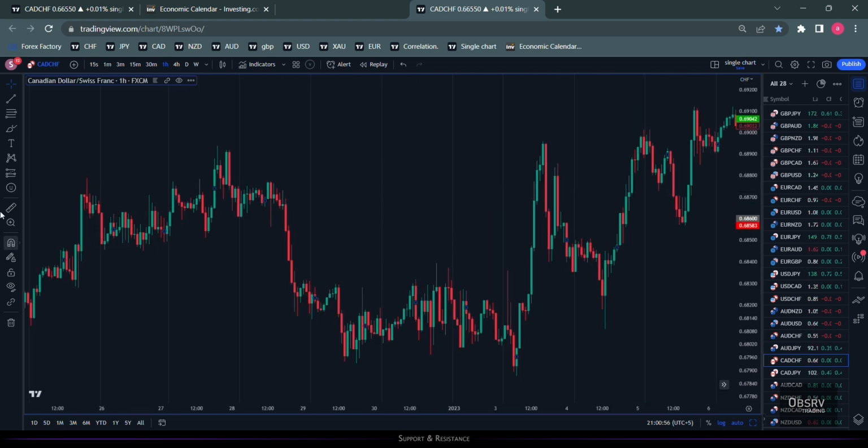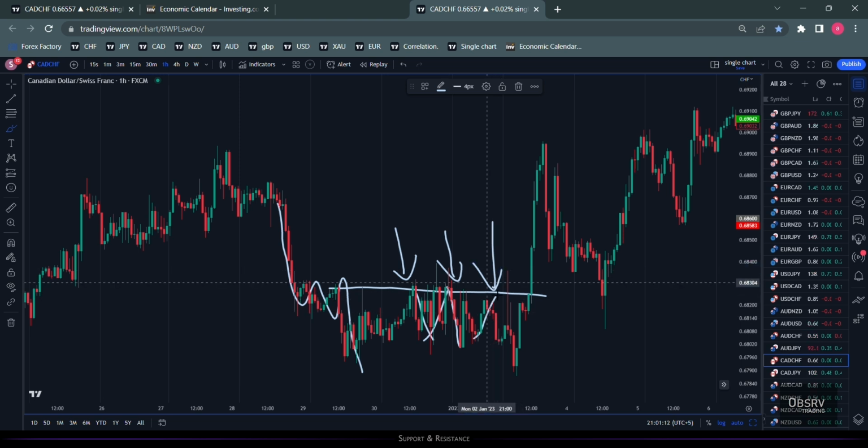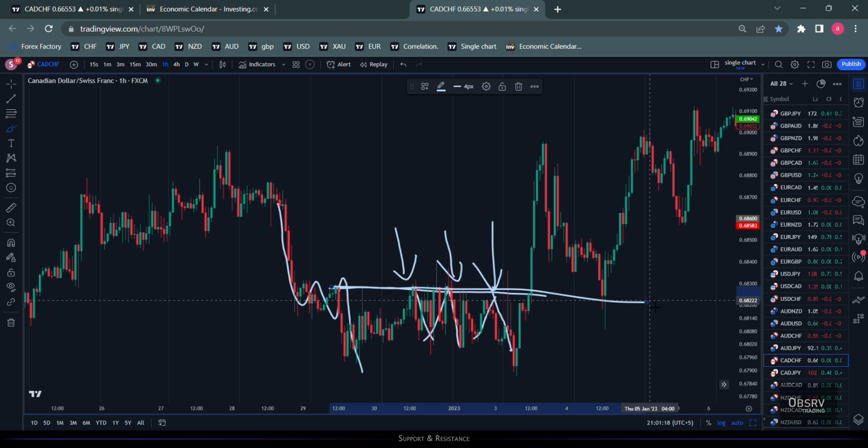All right. So now price is making lower highs and lower lows, breaks lower, comes back to this area, reacts, goes down again, comes back to this area, reacts, goes down again, comes back to this area, reacts, and goes down again. And it keeps happening. Now, there are a couple of things that you've got to keep in mind while you're trying to trade support equals resistance.